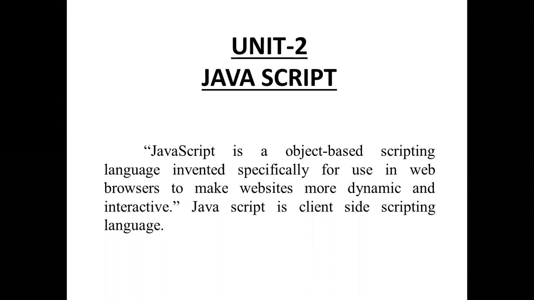The difference between Java and JavaScript is that Java is an object oriented programming language and JavaScript is an object oriented scripting language. Java runs on a virtual machine or browser, while JavaScript only runs on a web browser.